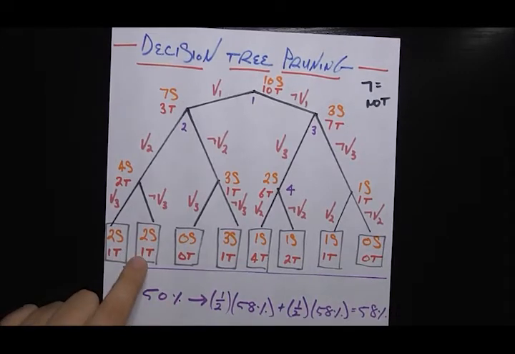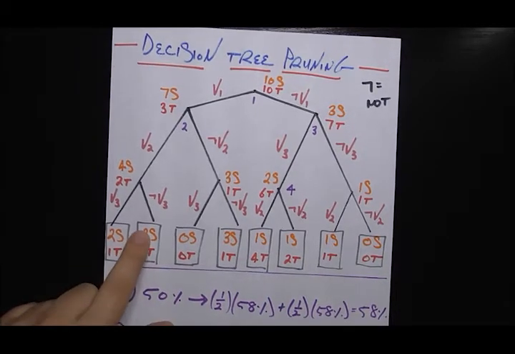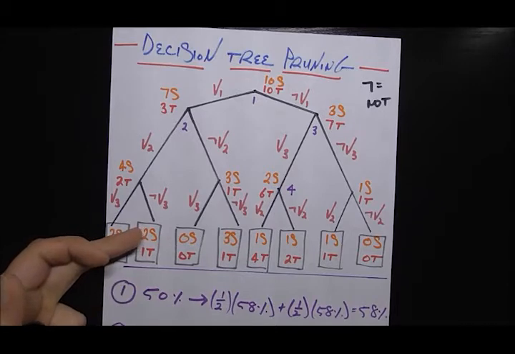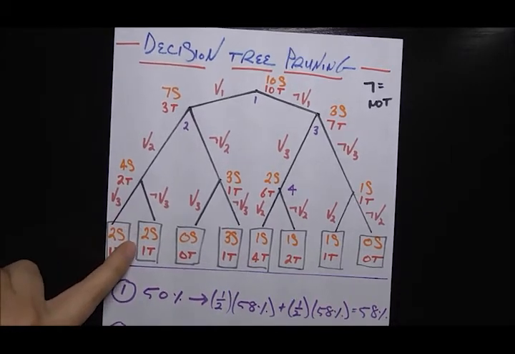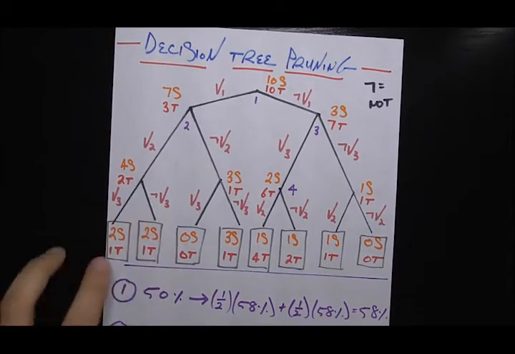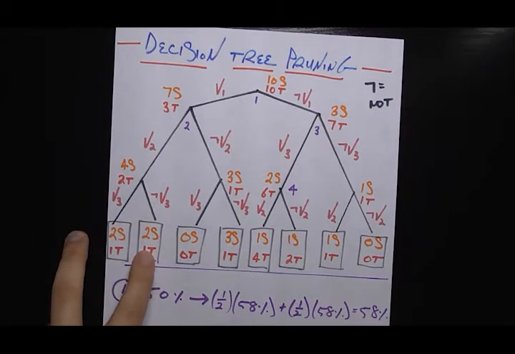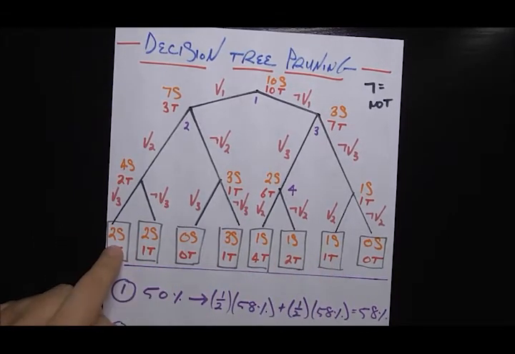And here we would basically just decide whether it's a salmon or a tuna by making a 2/3 guess it's a salmon, right? Because there's 2 salmon and 1 tuna, so 2 over the total 3. And a 1/3 guess that it's a tuna. And similarly, we do for all the other leaf nodes here.